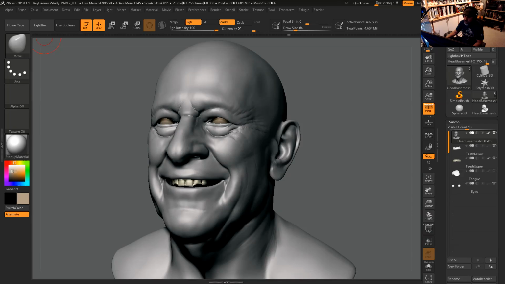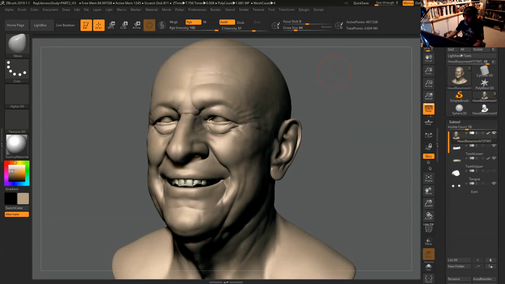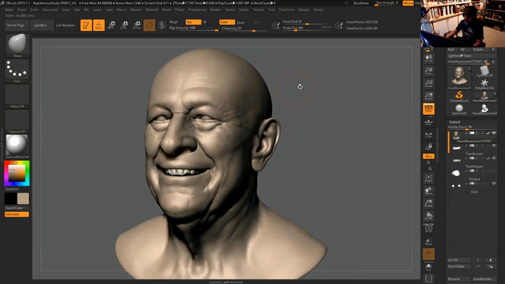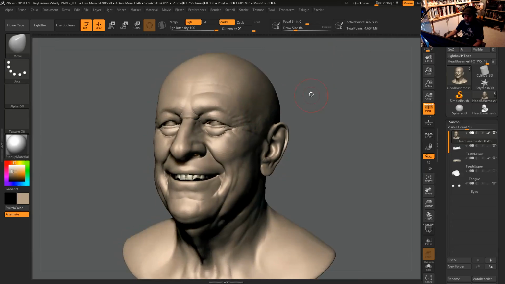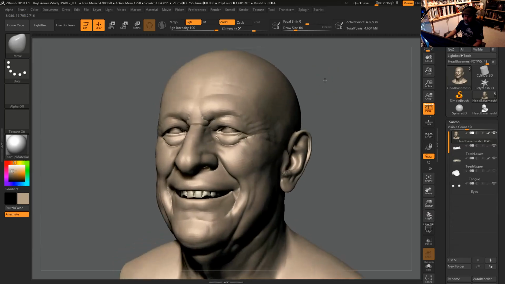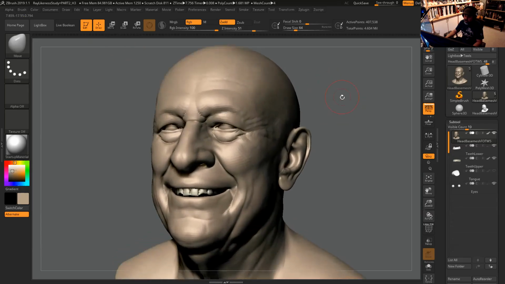It's going to go all the way. And obviously, it's going to be smaller if you have a less dense mesh, right? In this case here, the mesh was a little bit dense with 400,000 polys. But if you're saving this with a mesh that's only like 20,000 polys, it is going to be very fast to generate the movie. And also the size of the scene is going to be much smaller.